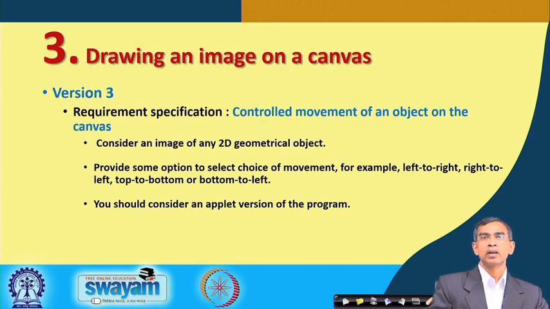Now, I will discuss the control movement of an object. In the previous phase you declared the movement in one direction only, but here you can fix that in this direction you can move. As a simpler version, you should take a controlled movement in a specific direction, as I have mentioned, from right to left or left to right, top to bottom or bottom to top, like this. So, with an image anywhere, you can give an instruction, an event can be generated, so that if you click it, it will start moving in a particular direction.